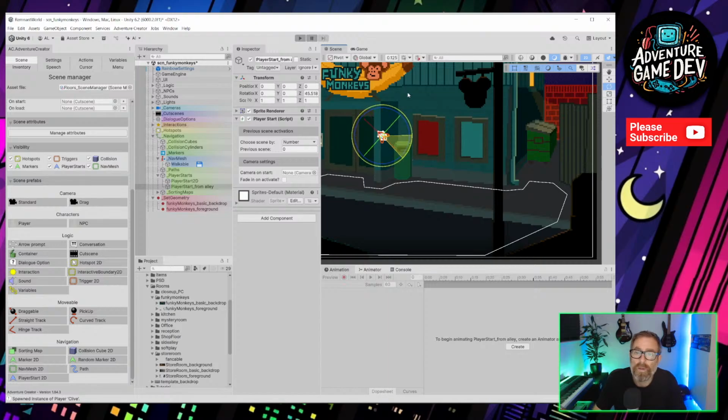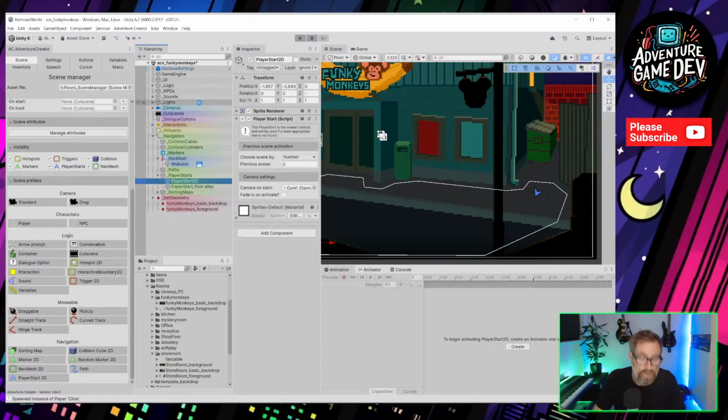Oops, don't want to do that. Make a right mess of that. So he's going to be facing down. We're going to have him there. And we're going to need to activate it from a previous scene. We haven't made the other scene yet, so it's not going to be possible to do that yet.